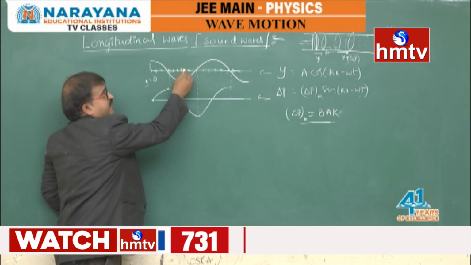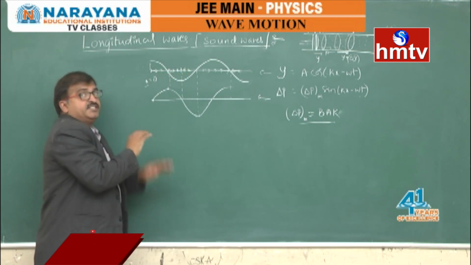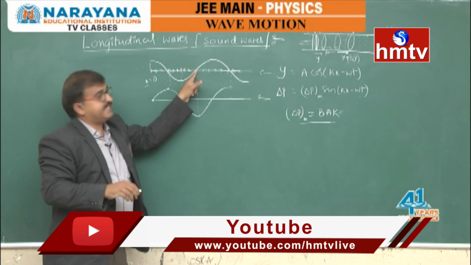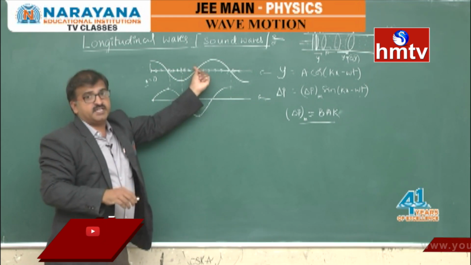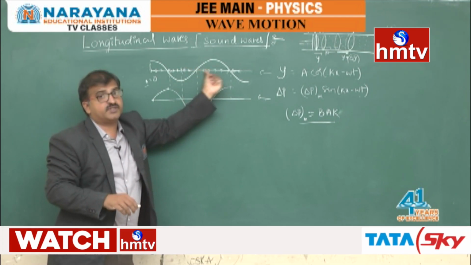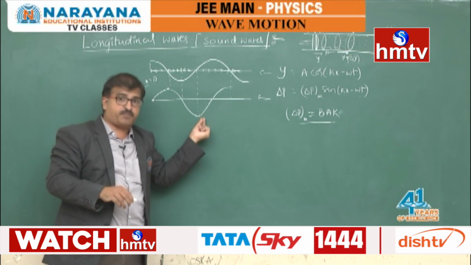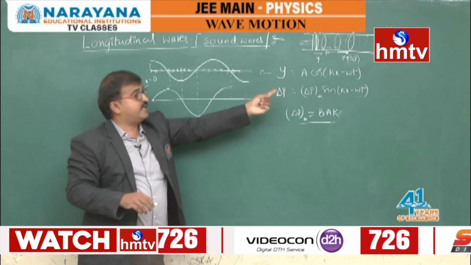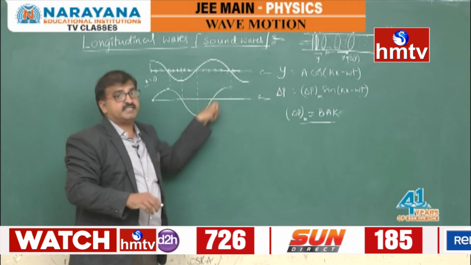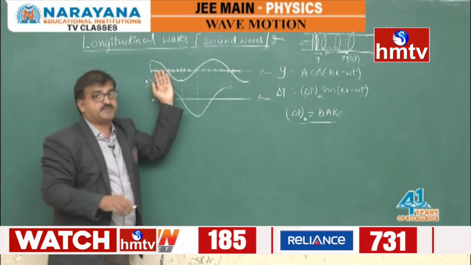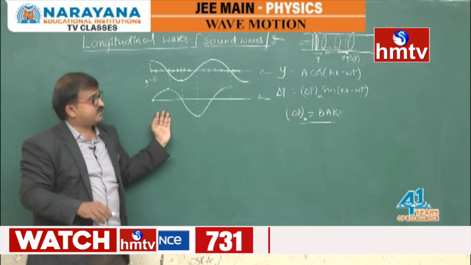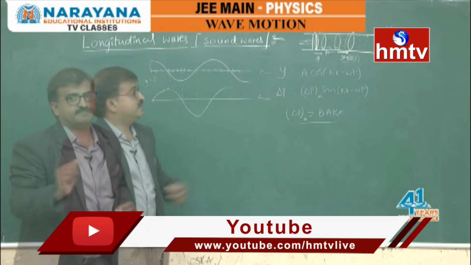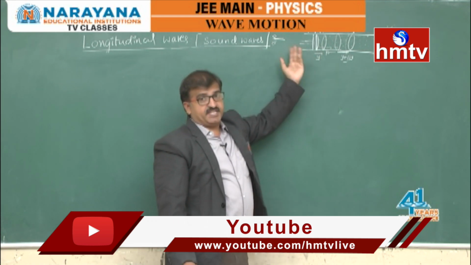This one is having more displacement than the next neighboring particle, so there is no collision kind of thing. So here the pressure will be 0 between them. At this end, the particles to the left are moving towards the left and to the right are moving towards the right, so here the pressure will be the lowest possible. It is the minimum, on the negative side. The delta P value will be minimum here. Like this, pressure is going to change. So this is the displacement wave and this is the pressure wave. There is a phase difference of pi by 2 between these two waves. So this is the displacement wave and pressure wave correlation.